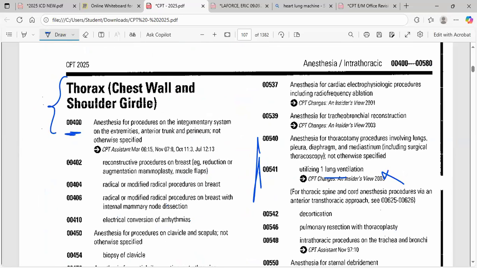Anesthesia for procedures on the integumentary system of the extremities, anterior trunk, and the perineum. The above one, the next series will come for the posterior trunk. If anything is performed on the posterior trunk, you have to use the neck section. And if anything is performed on the anterior trunk, we are going to use a code from the